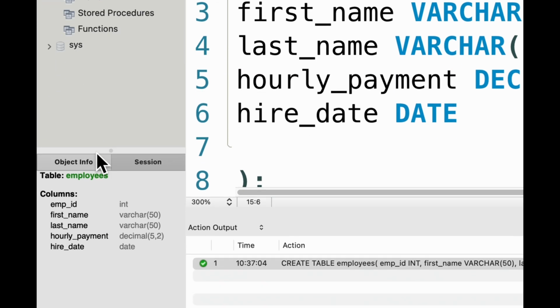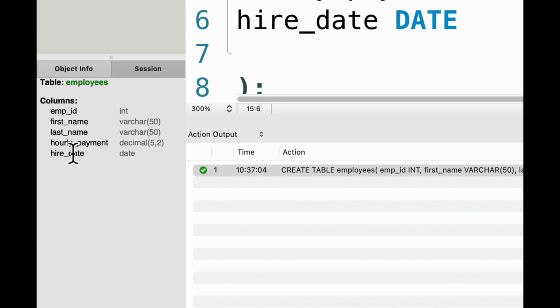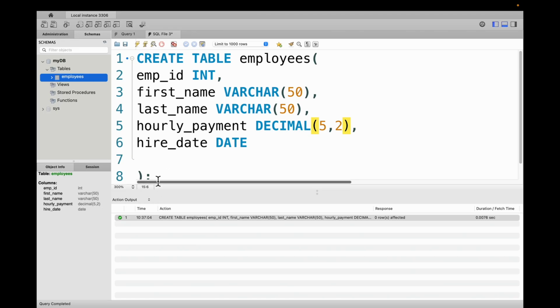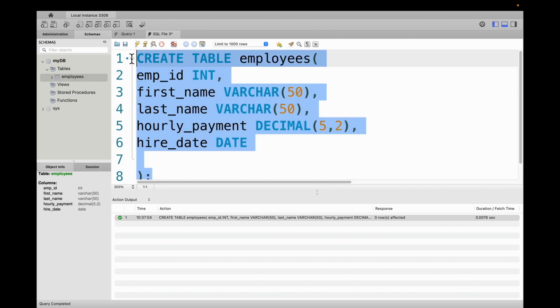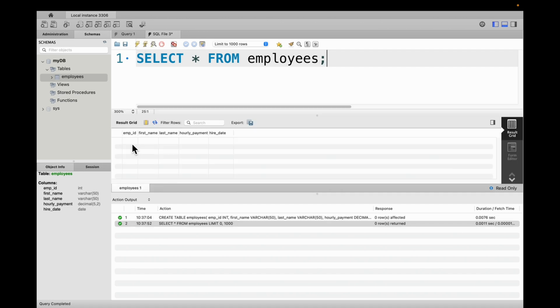If we click on employees, now here you can see all information about your employees, the columns and their data types. Now, if you want to see all columns of your table, you can just type select asterisk, meaning all columns, from, then the name of your table, employees, and then a semicolon. Execute this statement. Now you can see all columns in your table: employee ID, first name, last name, hourly payment,